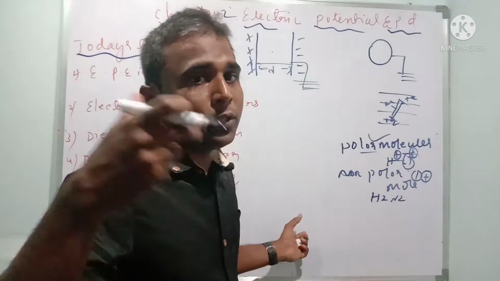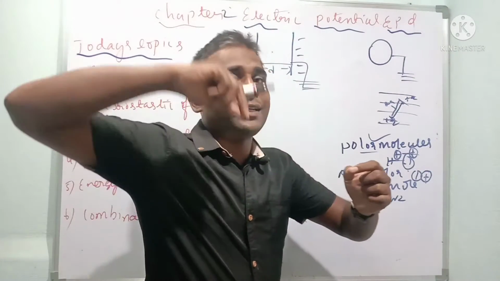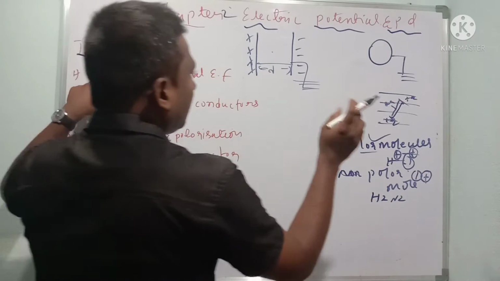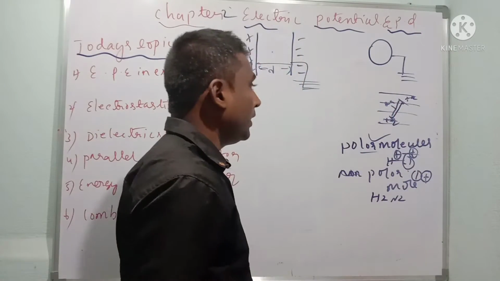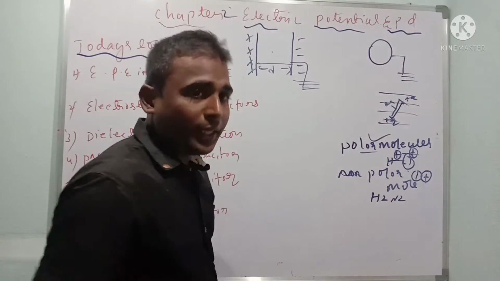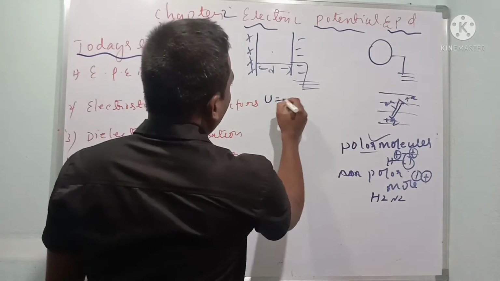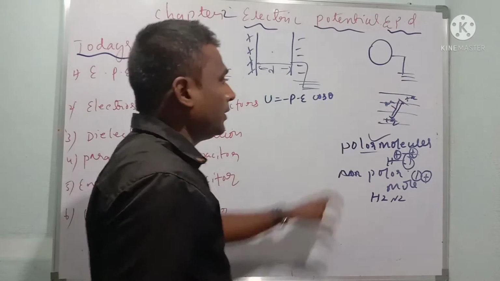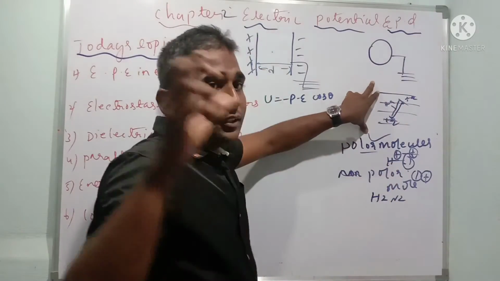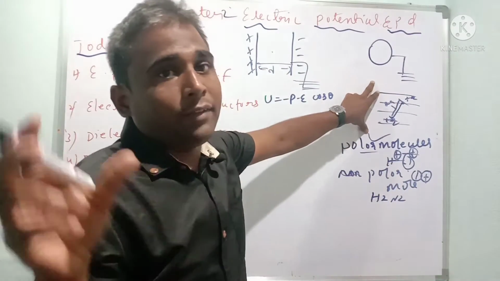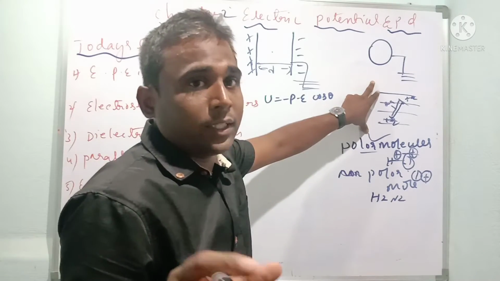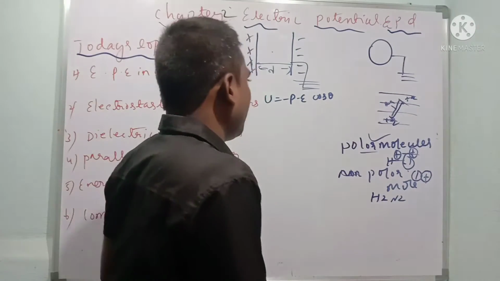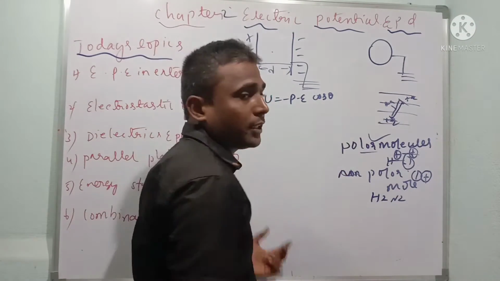Similarly, the charges are going to be rotated from the zero position to their desired position. That is called electric potential energy of a dipole which is kept in the external electric field. Dear children, it is directly given by the expression U is equal to minus PE cos theta. We had seen that torque in the uniform electric field is the vector product of P and E, and we found that the net force is equal to 0. Here it is the scalar product of P and E, that is PE cos theta.